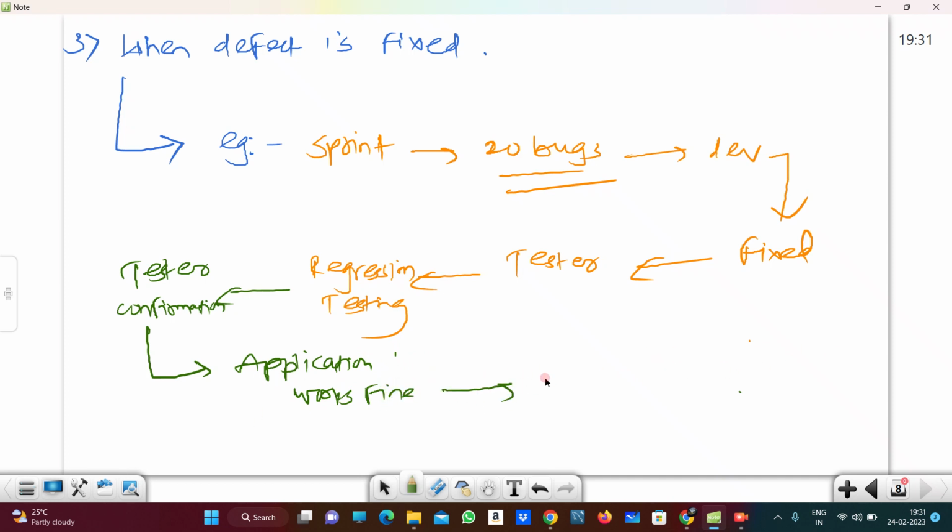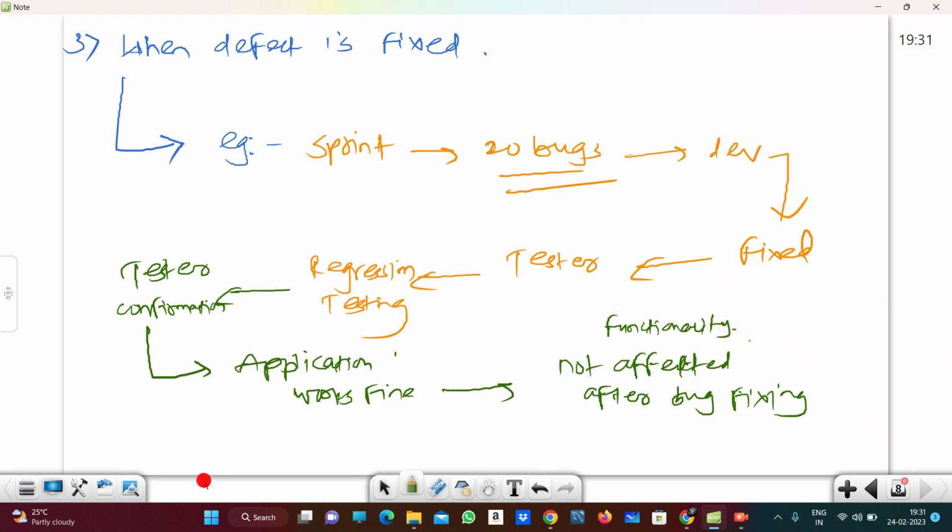right? And the application is not affected, or any existing functionality is not affected after bug fixing, right? So this is the third scenario. In that case also we go with the regression testing, right? Then the fourth, what is the fourth case? So the fourth case is,